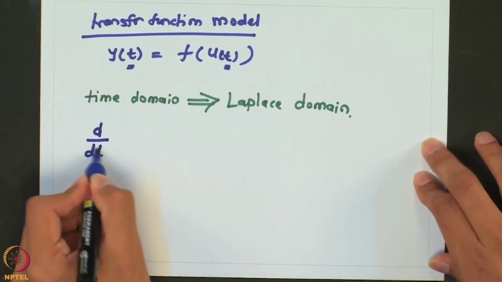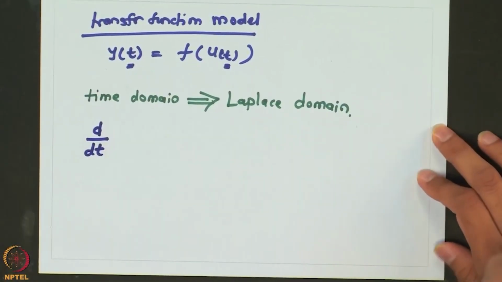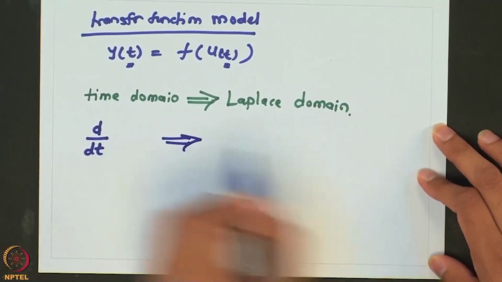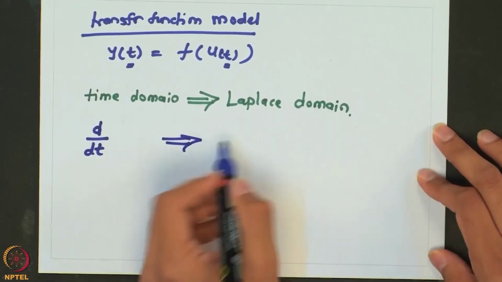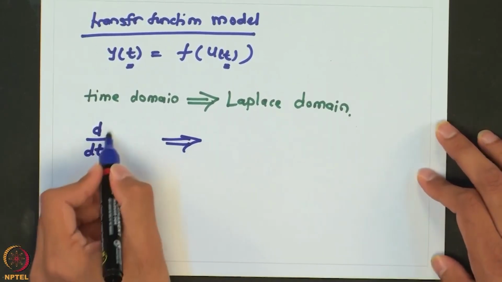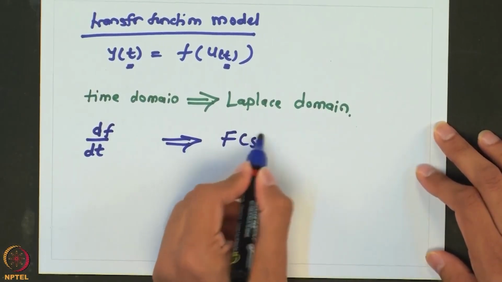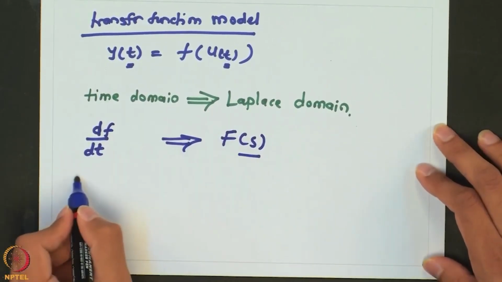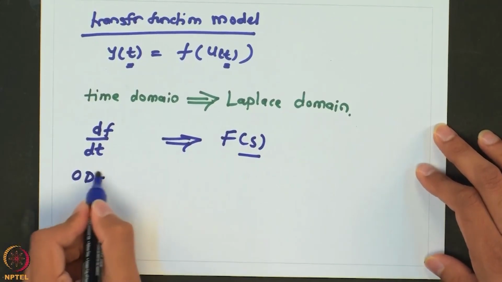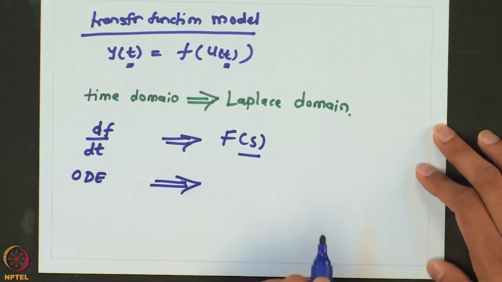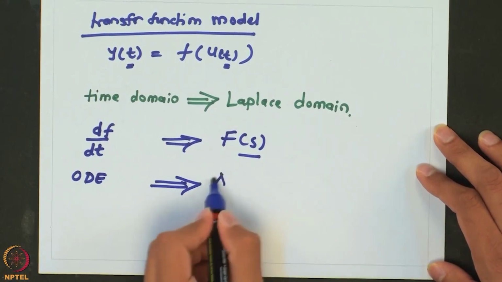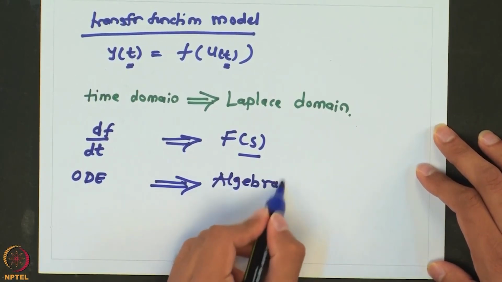The major advantage or rationale behind this was, if we have an ordinary differential equation in the time domain, when I convert it into the Laplace domain, it gives me an algebraic equation. So if it is a derivative of a function, then what you get is an algebraic equation. So the ordinary differential equation gets converted into an algebraic equation,